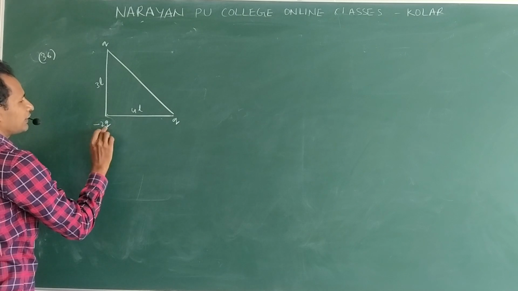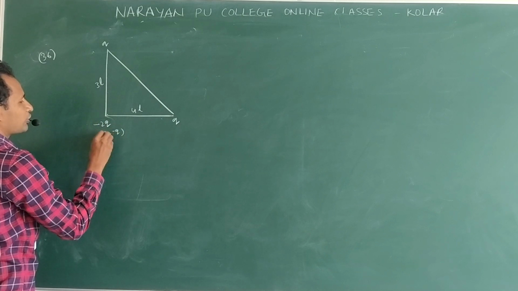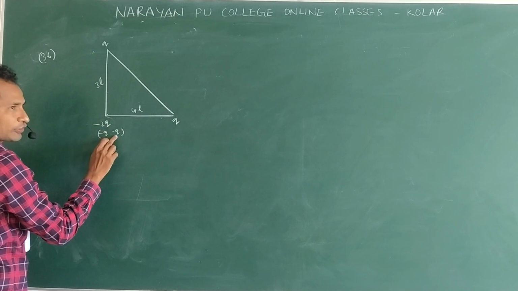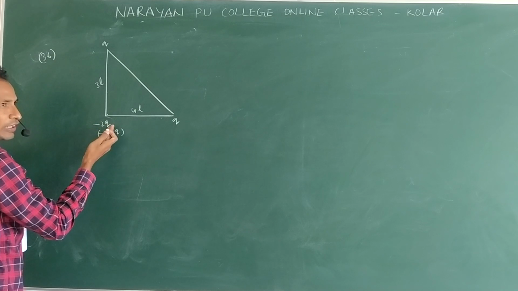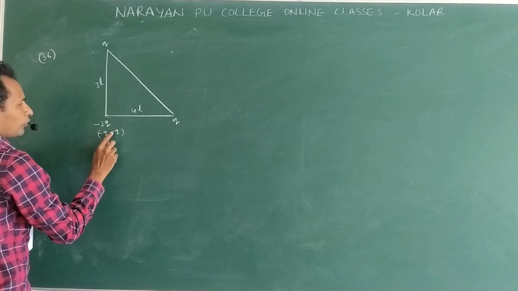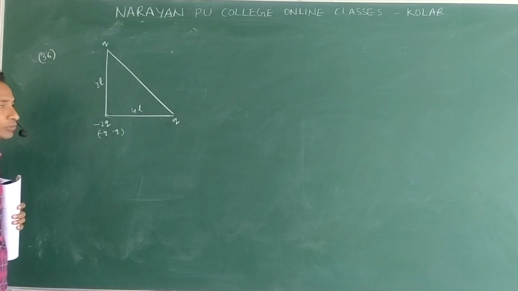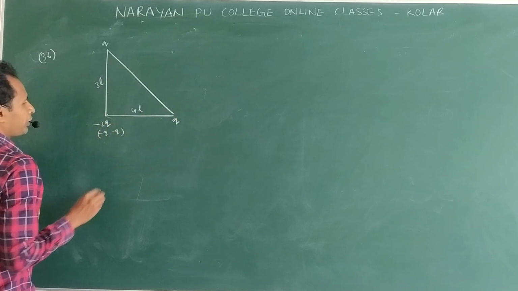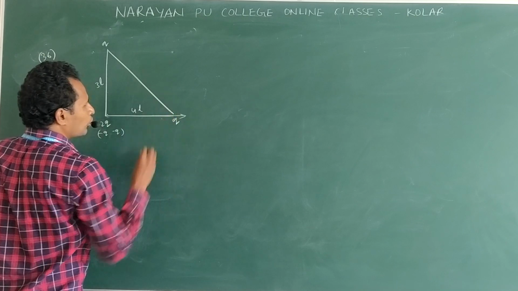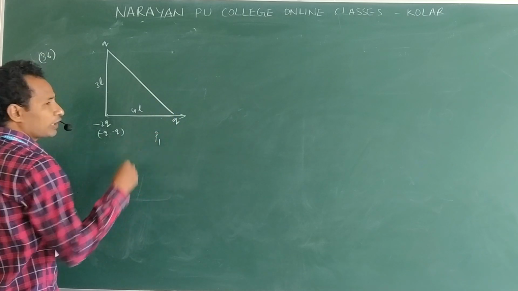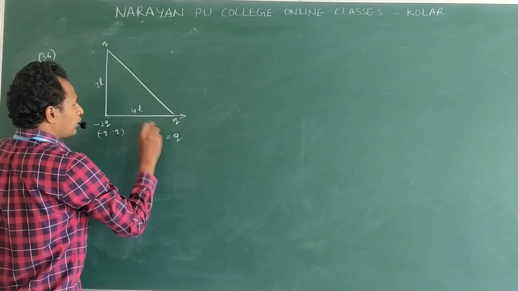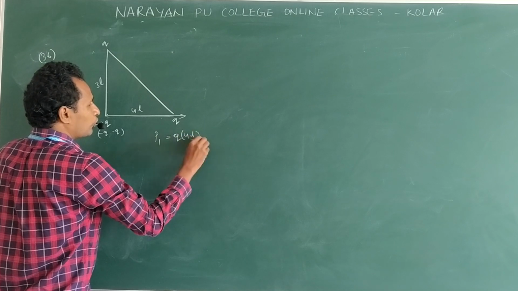Then this charge we can write as minus Q and minus Q. Actually it is minus 2Q, but to understand, I am taking minus Q and minus Q. Ultimately we again get minus 2Q. One minus Q acts like one dipole, and the other minus Q acts like another dipole. Clear now? Take the dipole moment as acting from negative to positive. Then take this as P1. P1 is equal to charge into the length between the charges, which is Q into 4L.